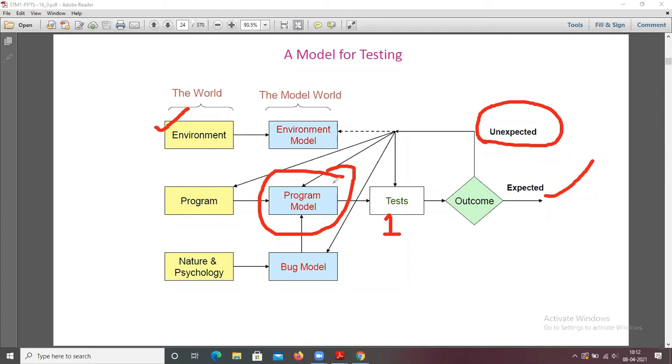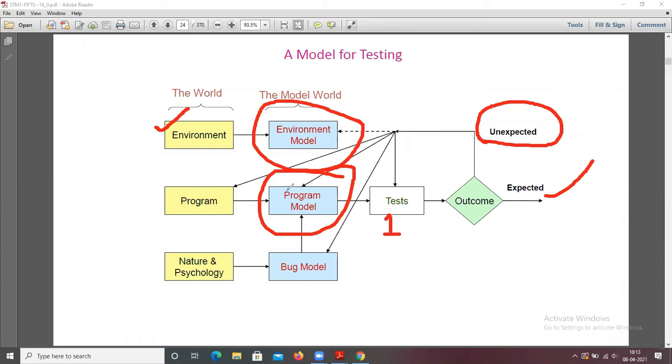Sometimes when we get an unexpected result, the program may be depending on some environment, so we are going to modify the environment also, or based on the environment we can modify the program. Next, the program model.